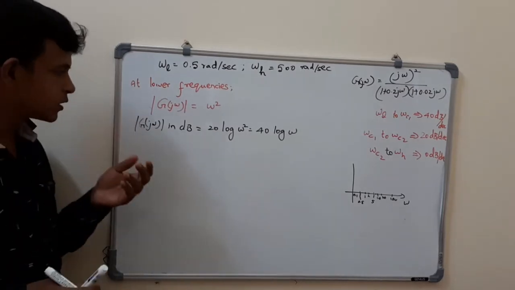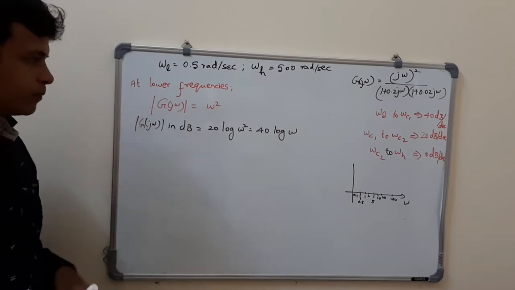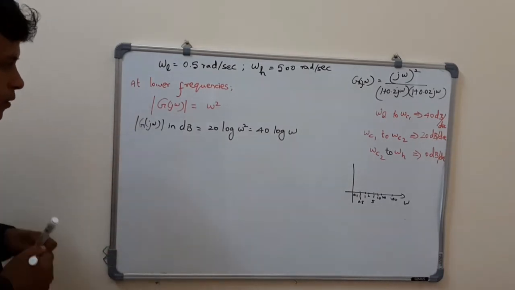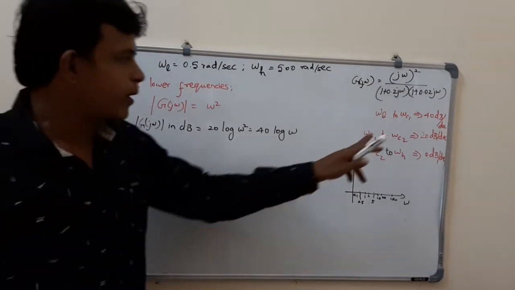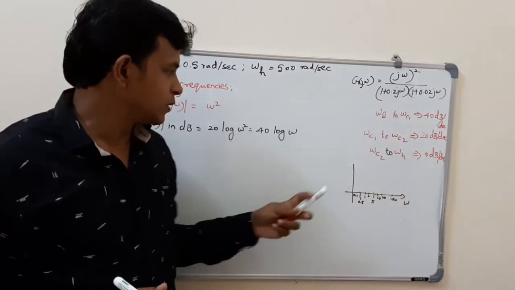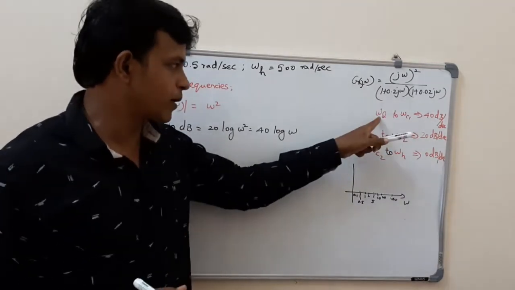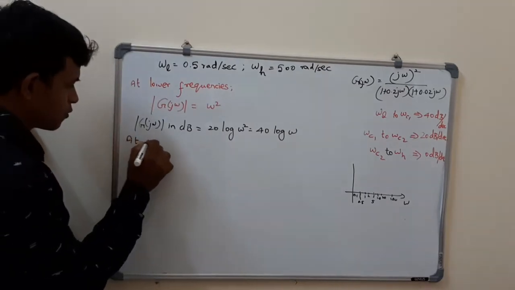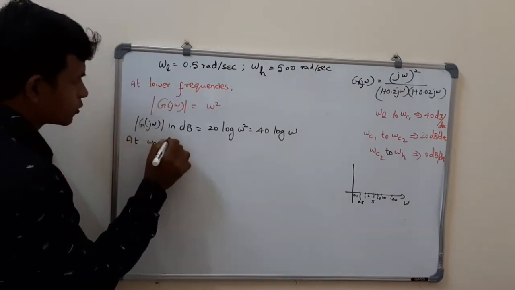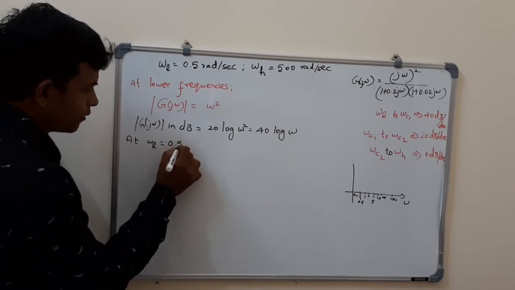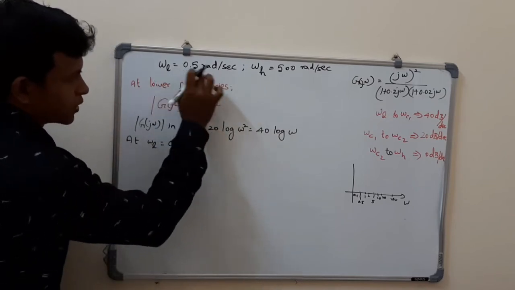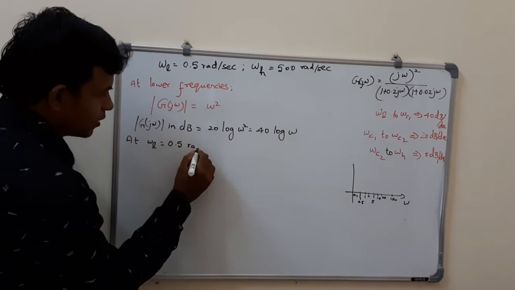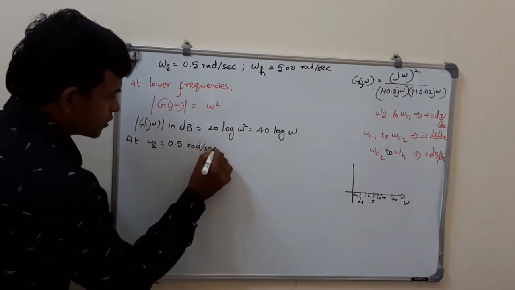Right? So this is 40 log of omega in dB. So from omega L to omega C1, this will be available. So what is omega L? At